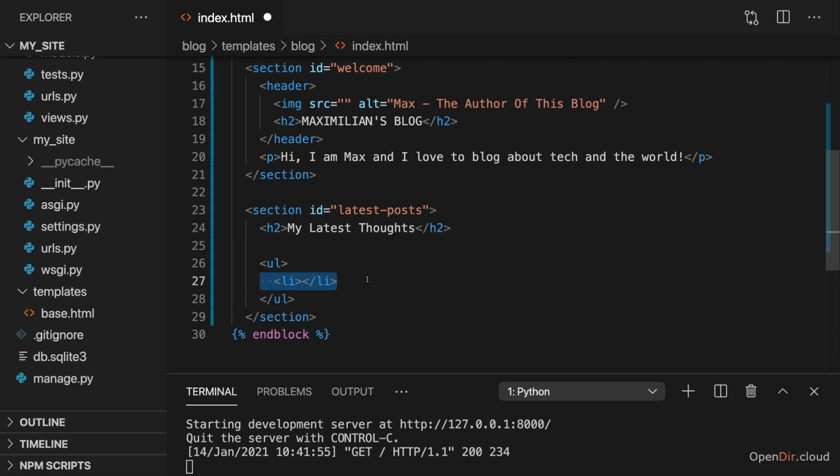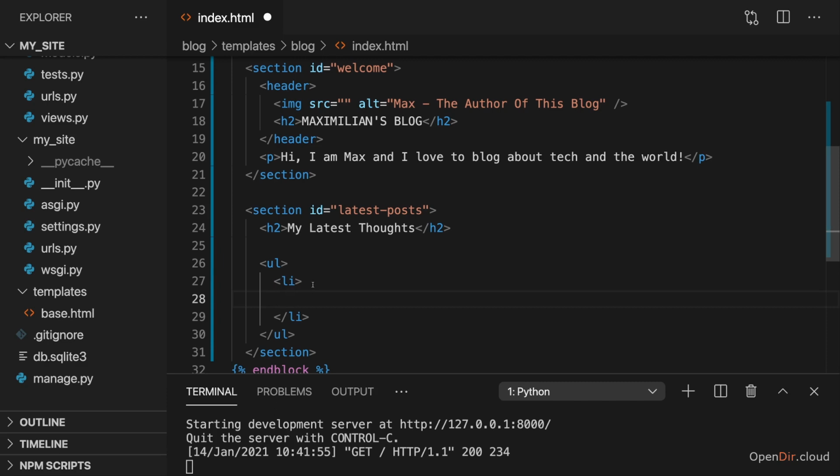Later, it will come from a database. For the moment, we'll use some dummy data in the views, but that we then generate those templates or the HTML files dynamically based on that data which we get from our views. Therefore, for the moment, I'll just add one hard-coded dummy blog post here so that we can see the styling